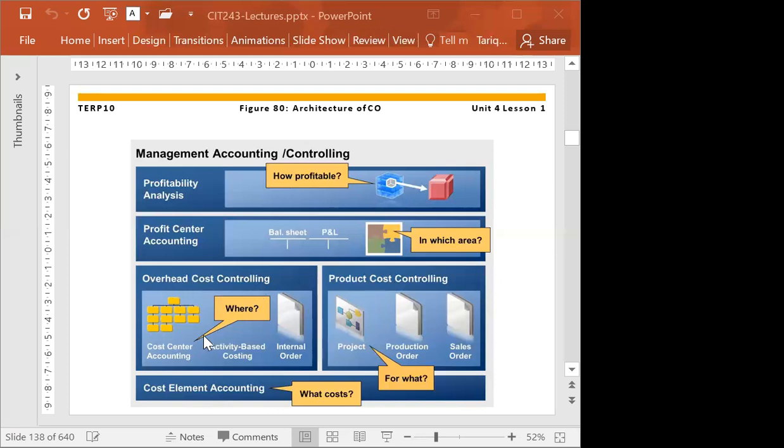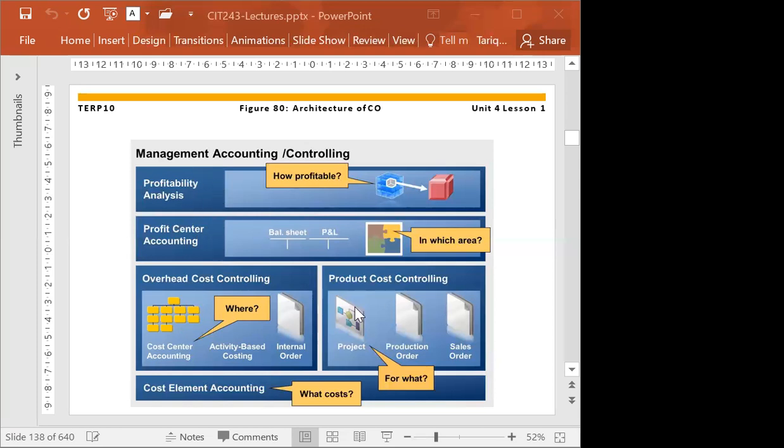So these are the things that we are controlling on this part. In managerial accounting, we have two heads: overhead cost controlling and product cost controlling. This is for manufacturing, and this is for the overheads on that. So we get the transaction, and that overhead cost could be happening in the cost centers, or in activity-based costing, or in the internal orders. It can happen anywhere. And then from there, it gets transferred to profit center accounting, and it gets transferred to